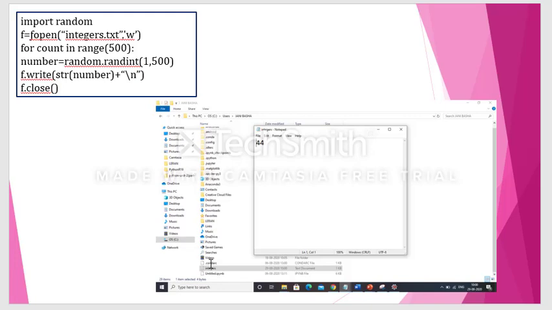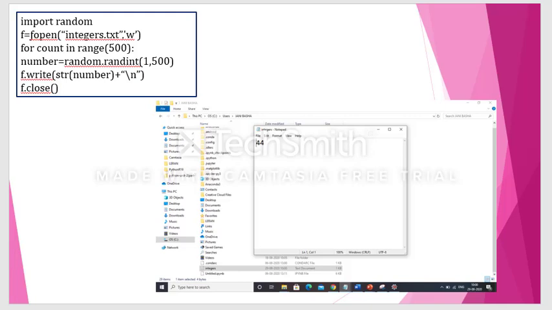So we need to import that library, because randint function is in which library? It is in the random library. So first we need to write import random. After that, f is equal to f open of integers.txt comma write. We created the integers.txt file and opened it in write mode first. Okay, so we need to open the integers.txt in write mode, because we need to write some integers in that file, right? So that's why we have done this.